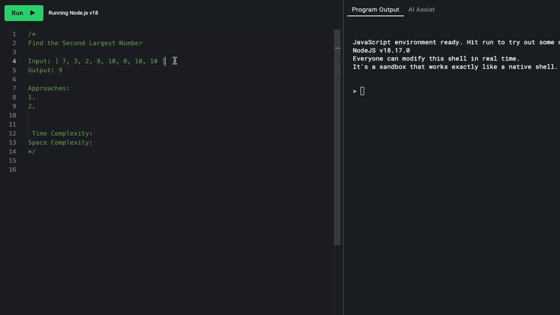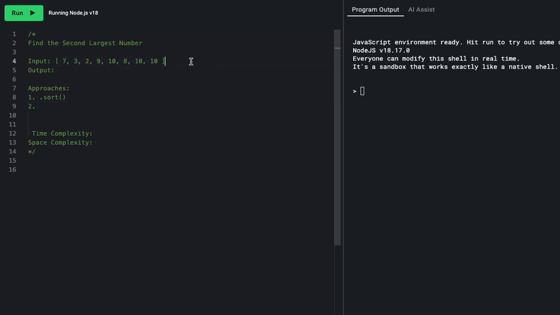So we'll be looking at various versions of approaches. I came up with 2. There's a third one, but that's a bit more advanced that we won't be able to get into today. But we'll take on some simple approaches. So our first approach would be actually to just sort it. So we sort